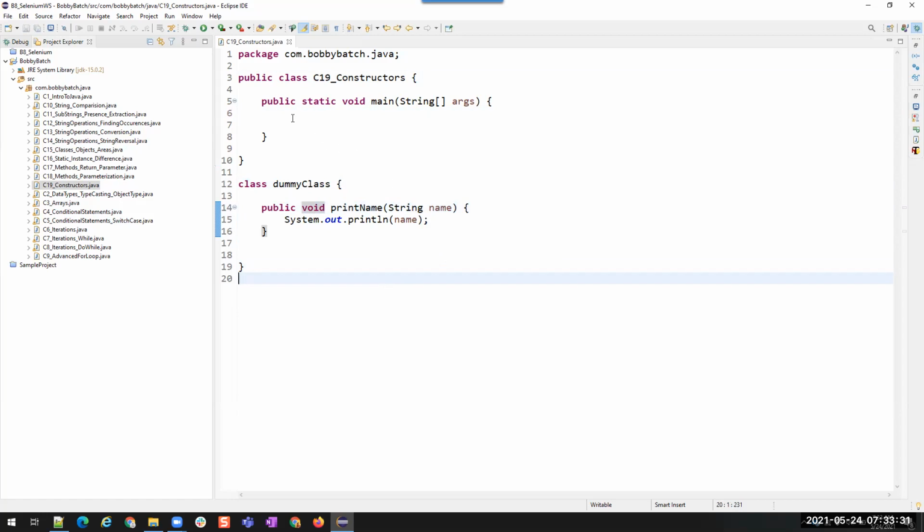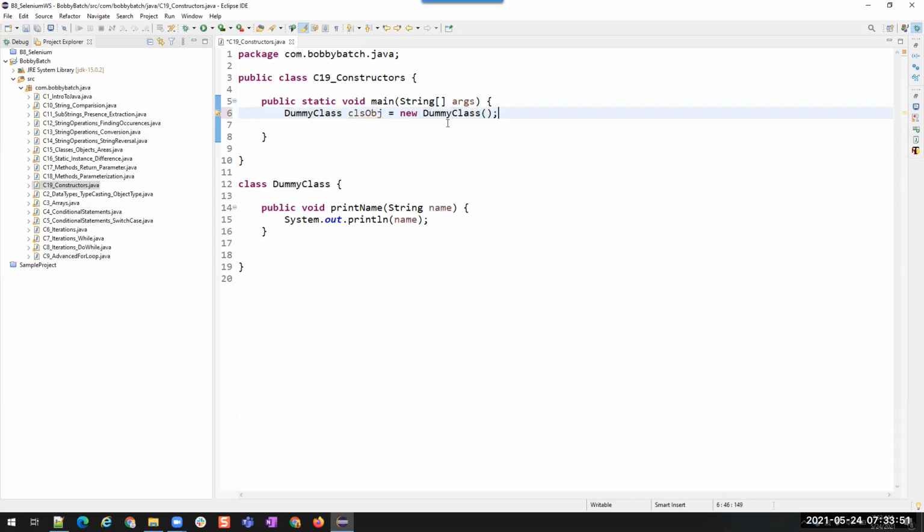We'll create an object. We are going to create an object: dummy class object is equal to new dummy class.